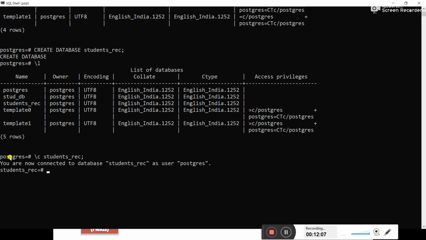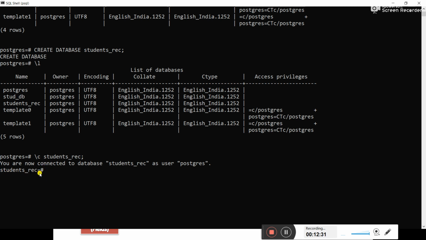After pressing enter, you will get this message: You are now connected to database students record as user Postgres. The Postgres user is the default. Now see, previously you were getting the Postgres equals hash sign. Now you are getting the students record equals hash sign.